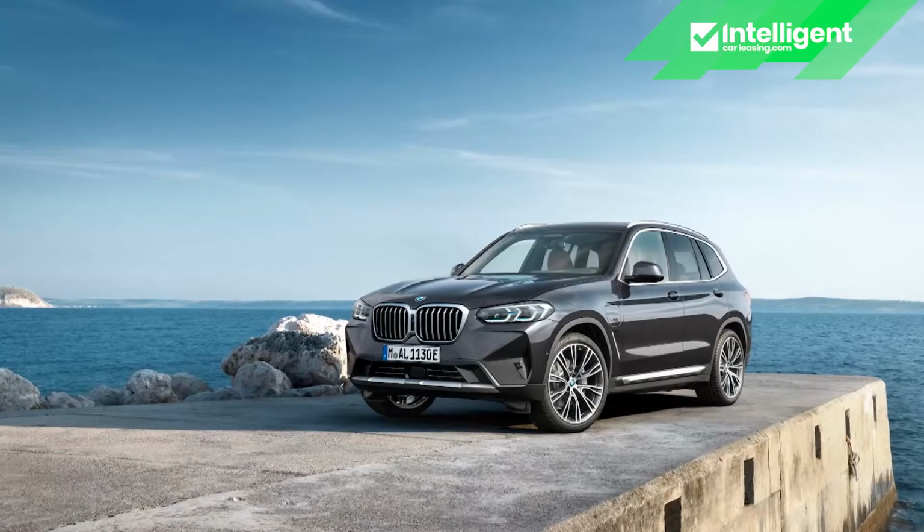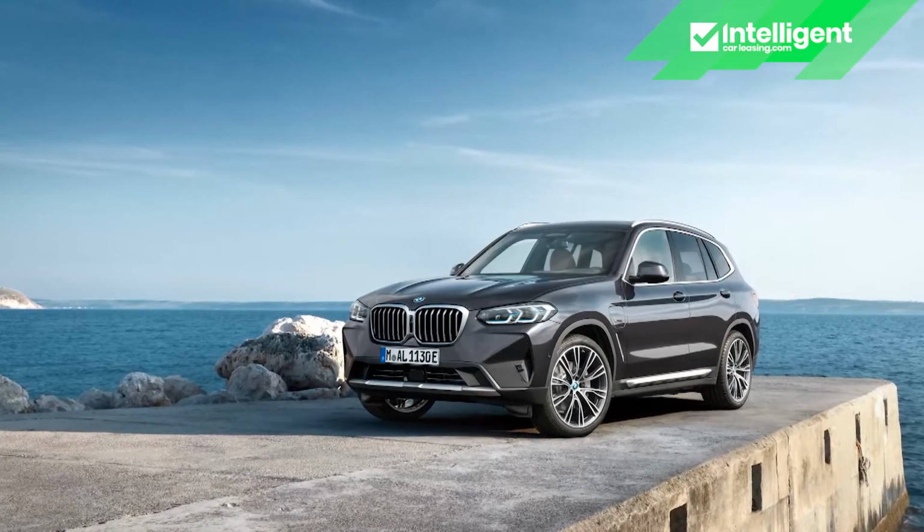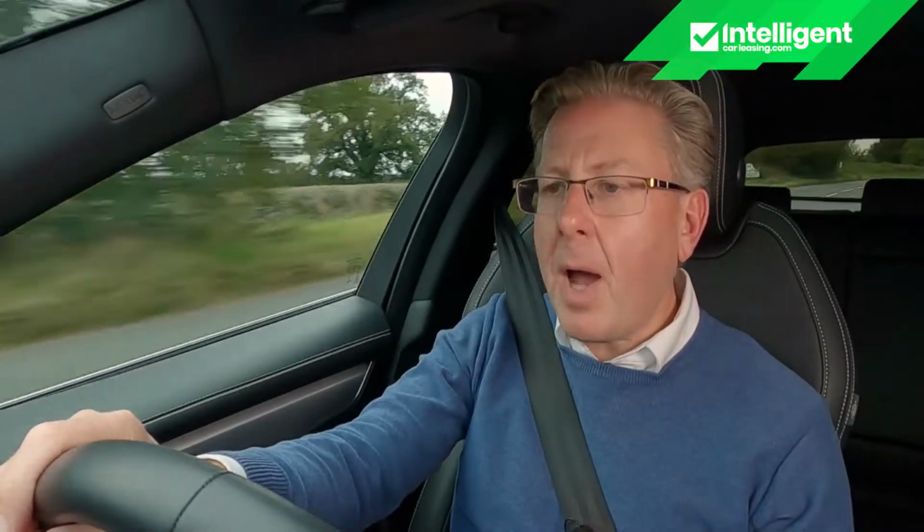To give you some perspective here, an Audi Q5 55 TFSI-e offers a total output of 367 PS and tops out at 140 miles an hour, and though it can replicate this Jaguar's 0 to 62 mile an hour time, it falls a bit short with driving range rated at 26 miles. The other main option in this class, the BMW X3 xDrive 30e, has a combined output of 256 PS, which could be enhanced by an extra boost feature, adding an extra 42 PS. The rest to 62 mile an hour time of the BMW is 6.1 seconds,